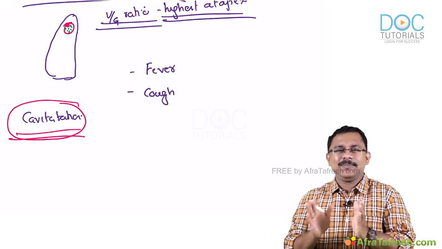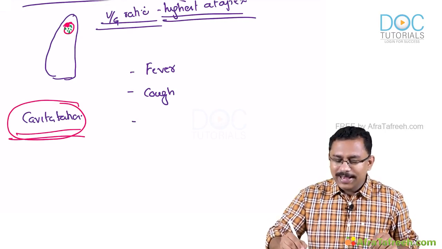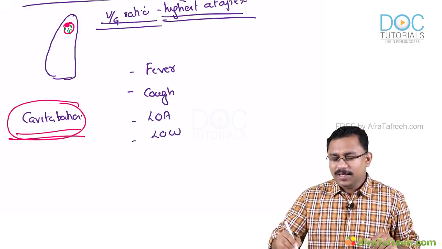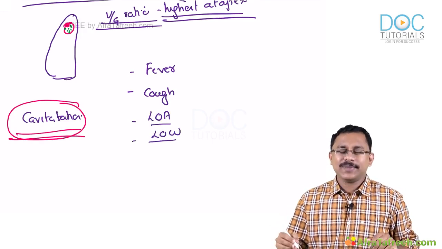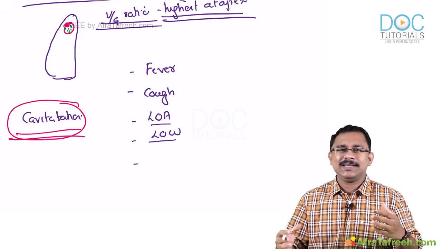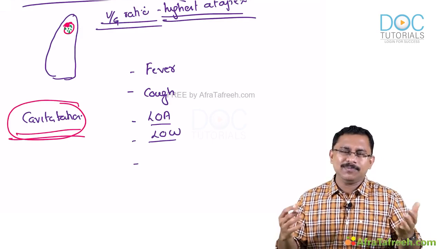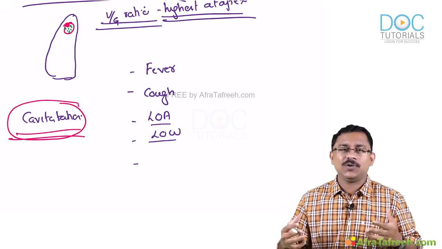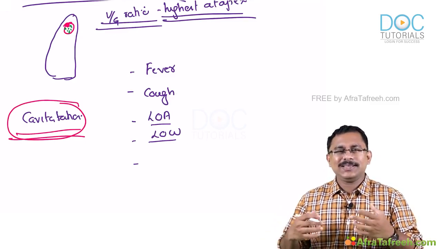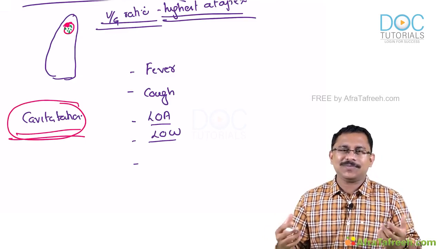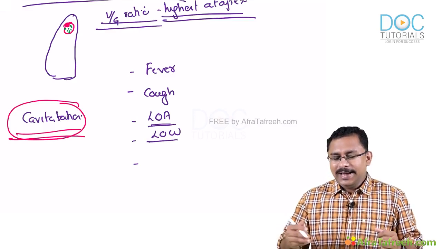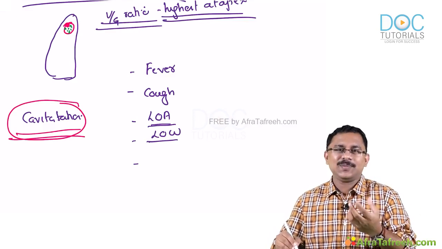But remember, this is a systemic illness, and so the patient will be having loss of appetite, loss of weight. Sometimes in the initial stages, even before developing any symptom, maybe even before the cough, he might see that his weight is coming down. That is when he might be thinking, what is wrong. So you will have a loss of weight as well as loss of appetite,